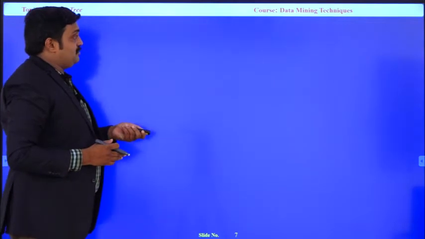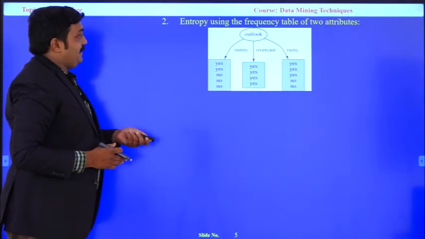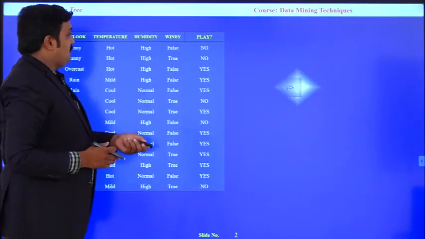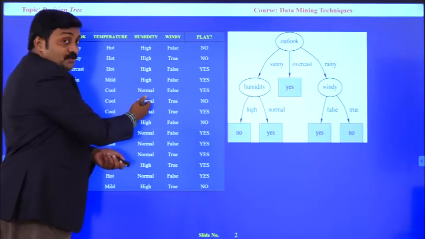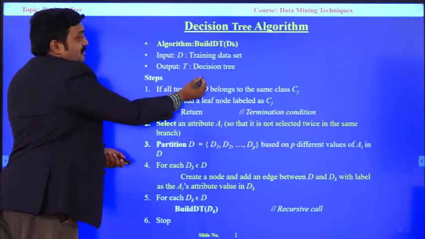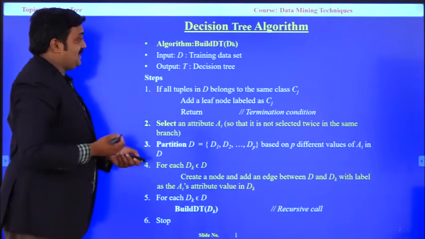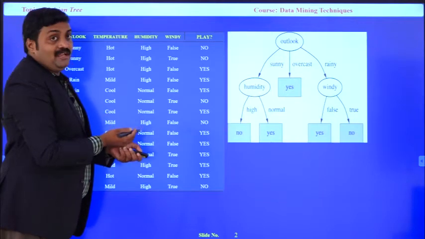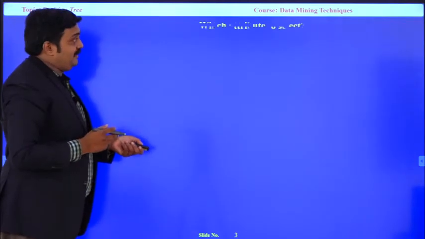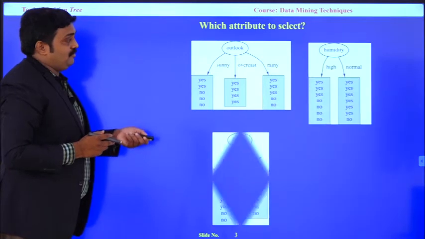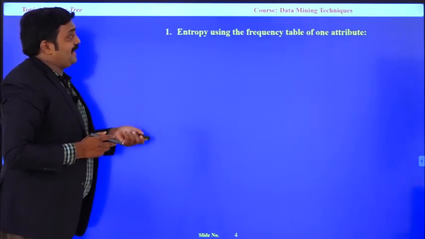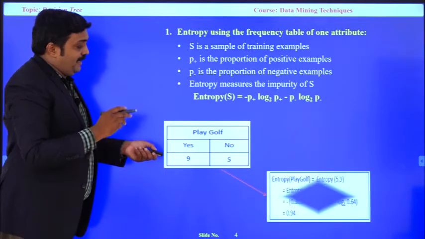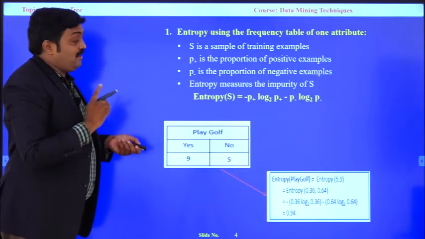So, a quick review, just simply see what I did. We are having a total of 14 records. This is our input. As per our algorithm, we have the input, and the output is the decision tree. The input data set has 14 records, and the outcome is the decision tree. Why is outlook the root node? For that, I am choosing the attribute by calculating the entropy for the attribute. By calculating entropy for the overall play, I got 0.94 for the play class.